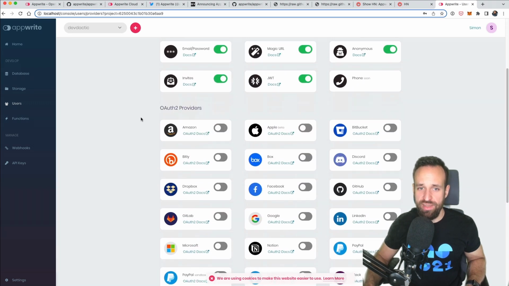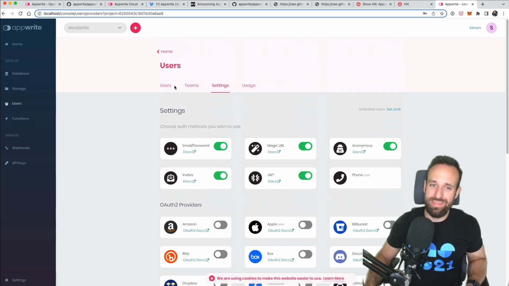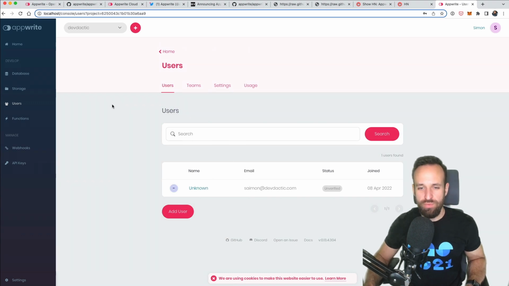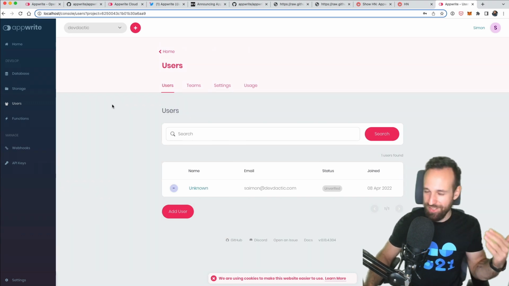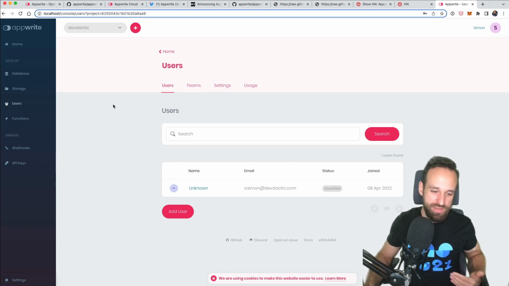Of course, they got the OAuth stuff figured out, all of this. But having this approach of users and teams, I think they mentioned if you want to do something like Netflix, so not in terms of real Netflix functionality, but in terms of the user management and the groups, that's what you can easily do with Appwrite.